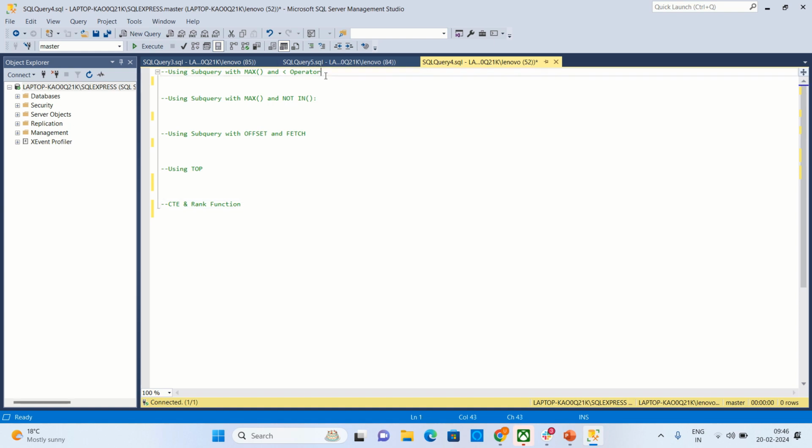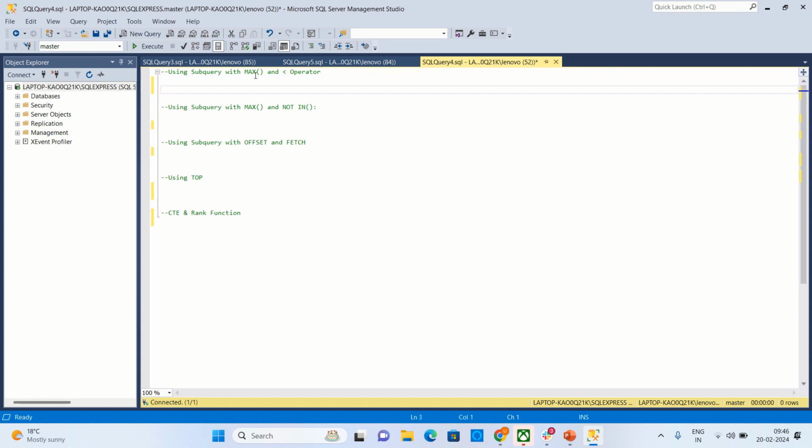The first method that we will discuss is using subquery with max function and less than operator. So first I will write a query, and then line by line I will try to explain how we are getting the second highest salary. So max function, you know that it gives the maximum value. So first we will find the maximum salary from table